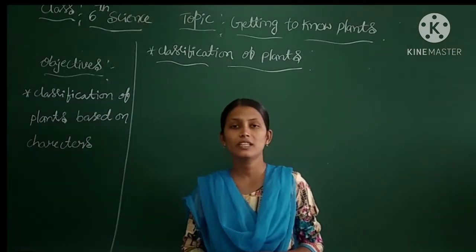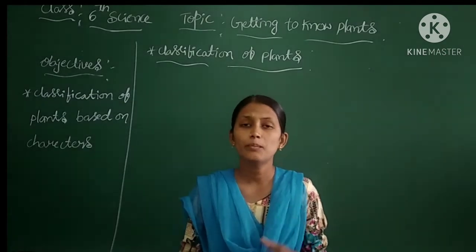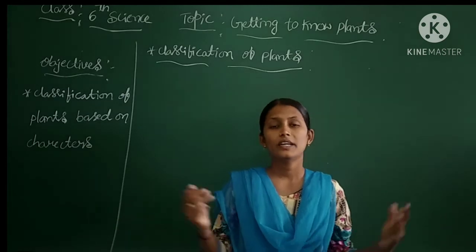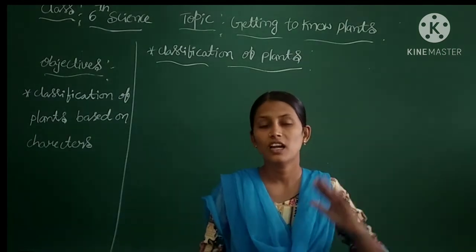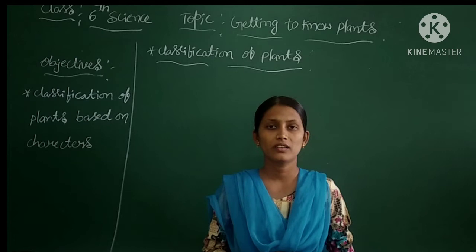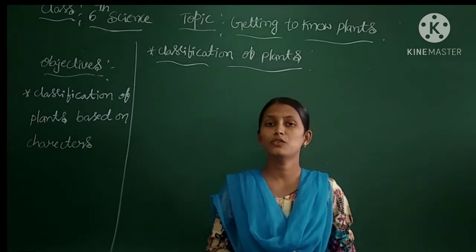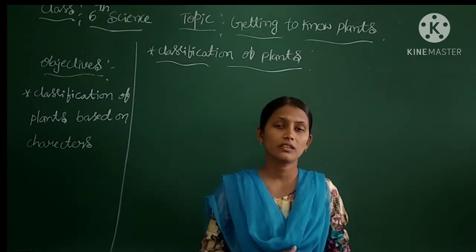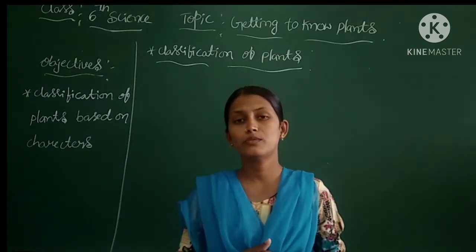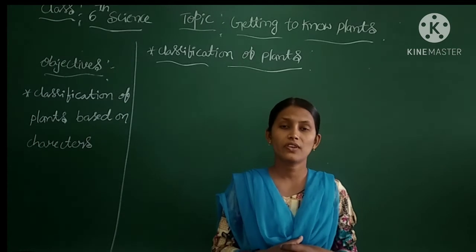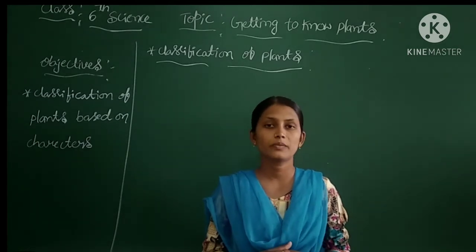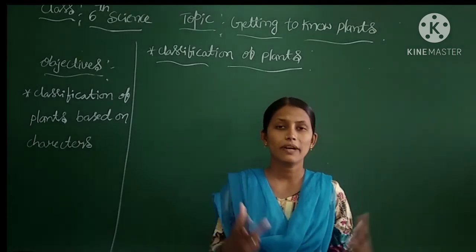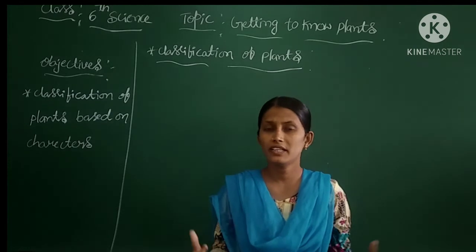You might have observed in the environment that some plants are very small and some plants are very big, and some of the plants are patches on the wall or soil. Some plants have green leaves, and some other plants have reddish color leaves. Also we might have observed that there are different varieties of flowers. What would that indicate? Here the plants can be classified into various forms.